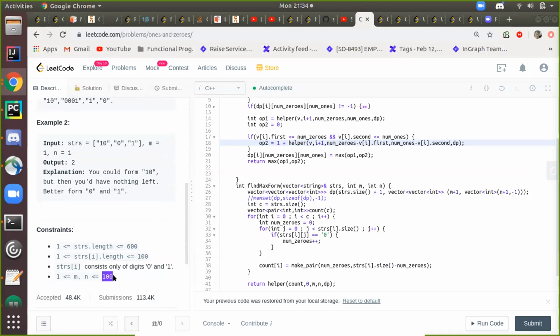So what will be the time complexity if we don't use the memoization? If you don't use the memoization, then it would be exponential, like 2 to the power of n, right? Because we have two options: use it or lose it. Right. 2 to the power. Yeah. Okay. So here m and n will also dictate.